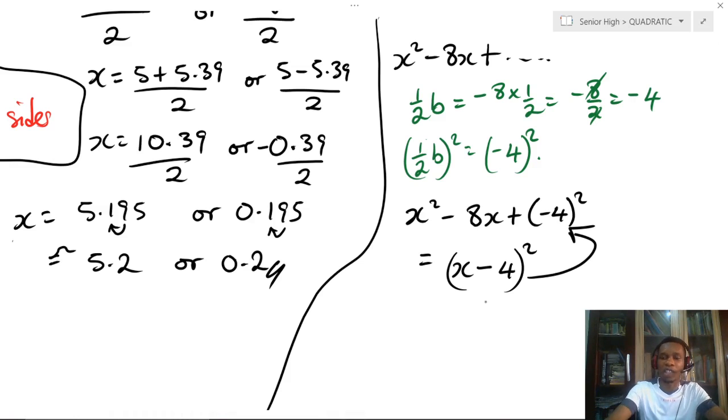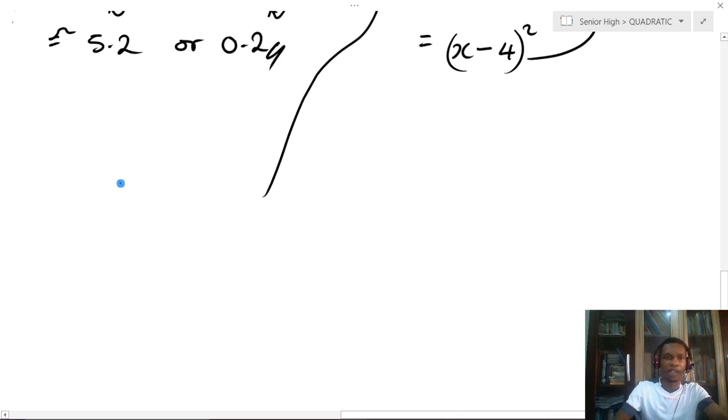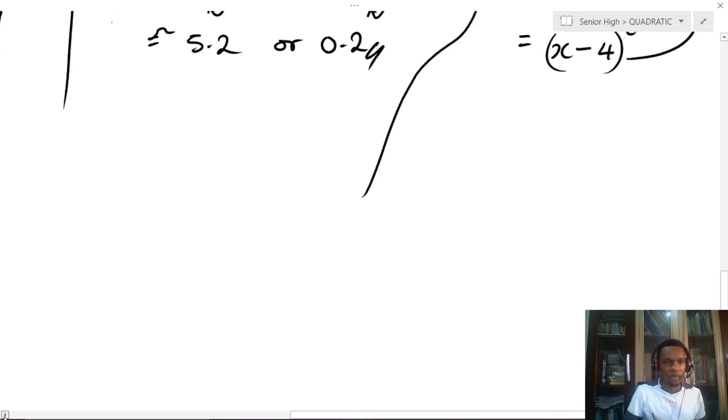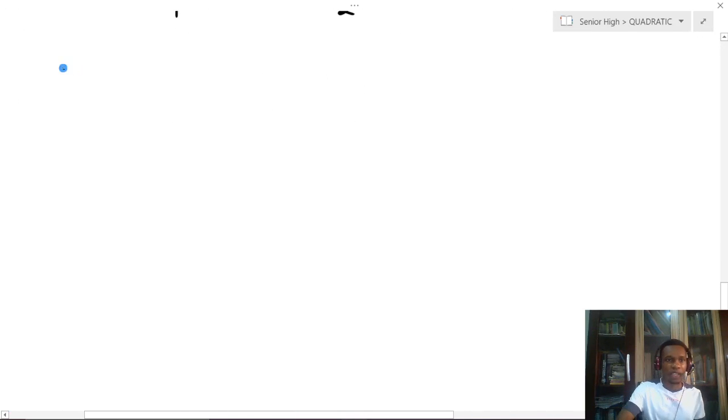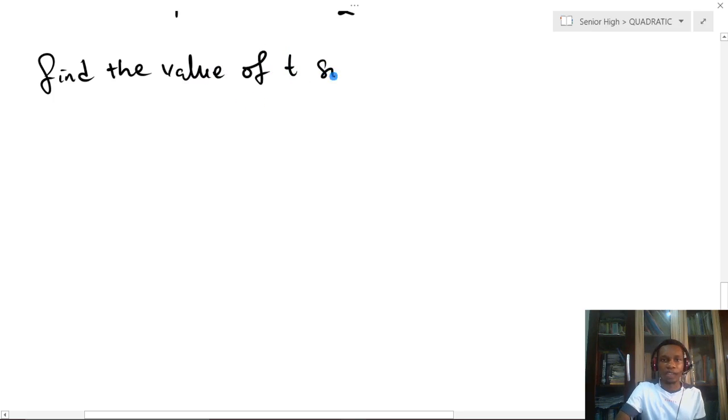So let's just take one more example, and we'll call it a day for this particular method. Okay, so there's one here again I can find. It says find the value of t such that, let's shift this over this way. Okay, and I would like to take this thing down more. It said find the value of t such that the given expression,